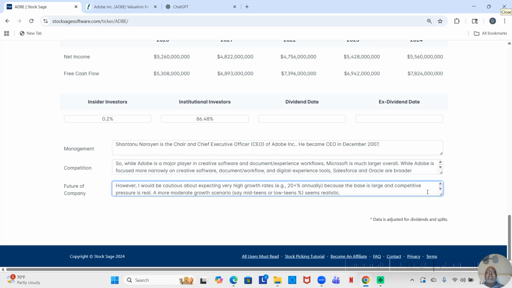Now, with AI coming in, Adobe is facing some competition, not insurmountable competition, but is facing some competition. That's why they're saying they would expect, say, mid-teen to low teens in terms of profit margin, more realistic. In any event,